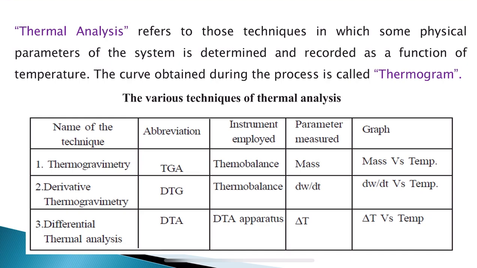That can be examined in thermal methods of analysis, and also chemical changes such as decomposition or oxidation, which may take place at different temperatures, can be studied with the help of thermal methods of analysis. Say, for example, while doing a melting point examination, we can observe a sharp change from the solid to the liquid state.